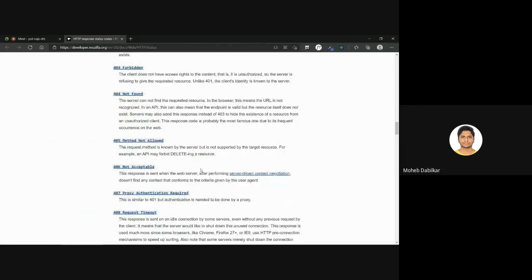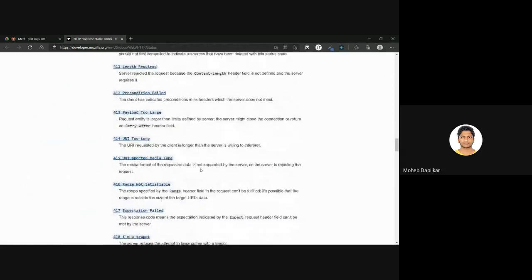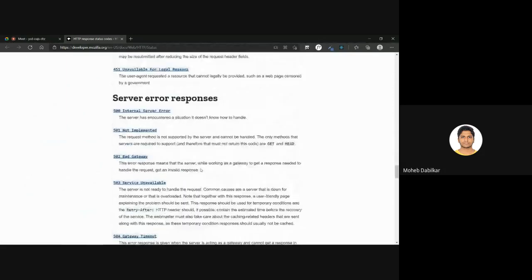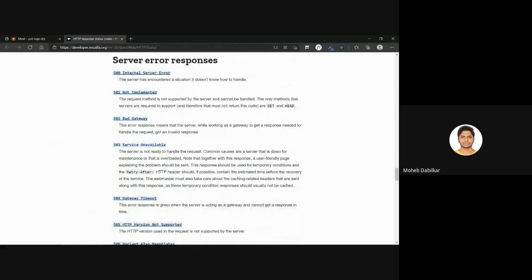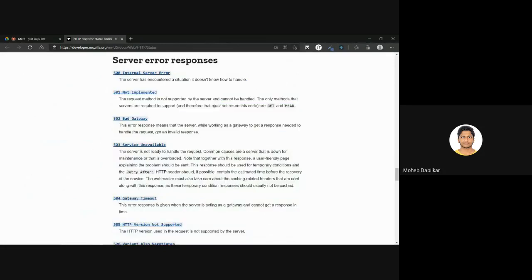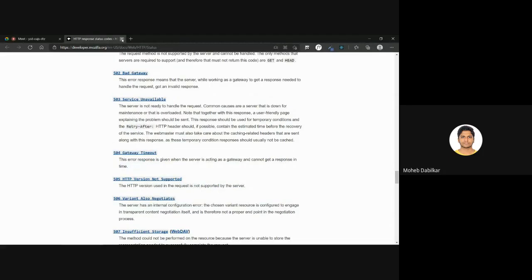There's supposed to be one more. Yeah, you have lots of 400. Then the server error responses, these are the errors that happen on your server. So 500, 501, 502, these are all errors that happen on your server. So that is what I was telling.